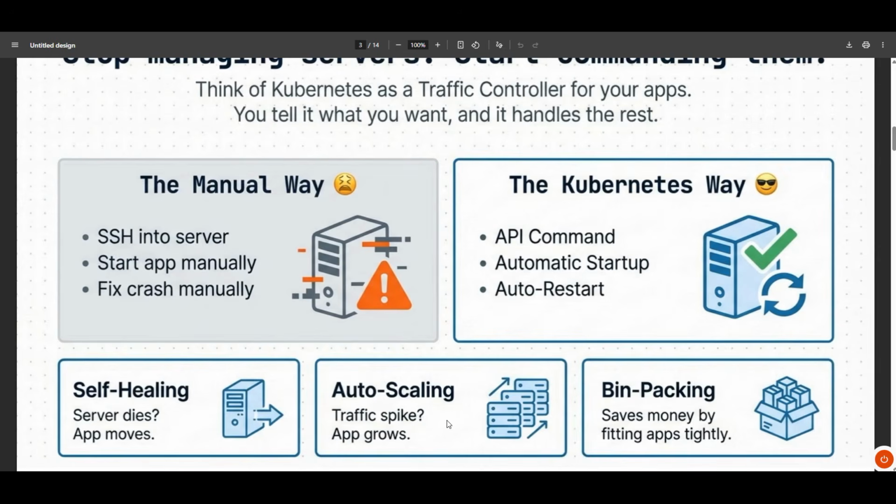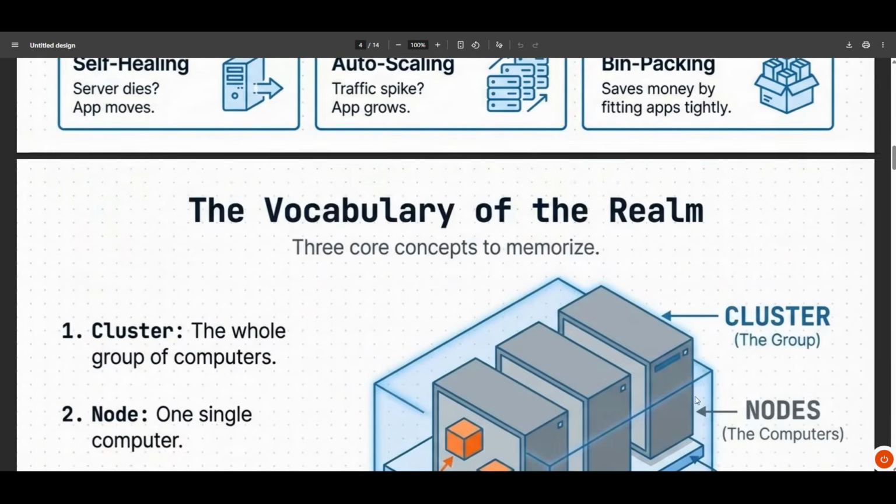If there are traffic spikes or your application is growing drastically, Kubernetes will auto scale with respect to the traffic. It will add resources and manage your application, and whenever your traffic goes off, it will bring down the resources it has launched. Then it has bin packing, which saves your money by fitting applications tightly. There is no chance of losing resources or wasting anything.